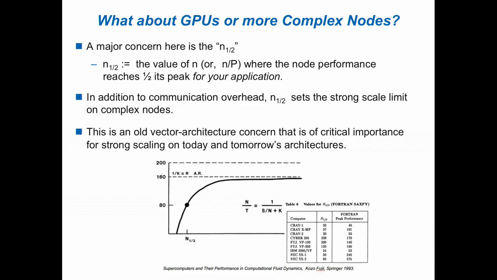So let me define n sub a half. N sub a half is the value of n, or in our case, n over p, the problem size on the node, where your node performance reaches half of its peak for your application. So you run a bigger and bigger problem, and you saturate at some gigaflop or megaflop level. And n sub a half is the value of n where you get half that value. So if you're running with an n on each processor that's smaller than n sub a half, you're already at the 50% parallel efficiency mark, because you're only getting half your speed out of your processor. So that establishes a new source of granularity,